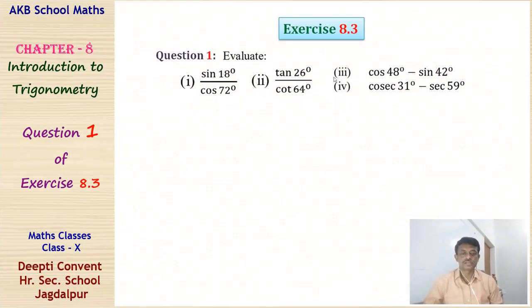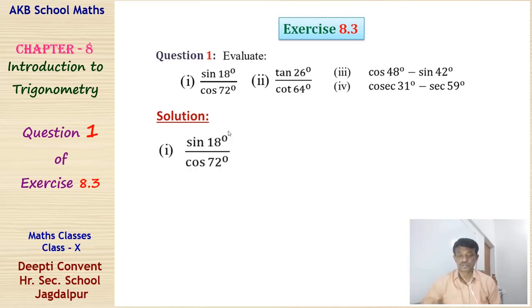Question 1 of exercise 8.3. Evaluate these. We have to find the value of these trigonometric ratios. So let us find the solution. Here we use the ratios of complementary angles, 90 minus theta. For example, sin(90 minus theta) equals what? Cos theta, and so on. So using that, we have to find the value of these